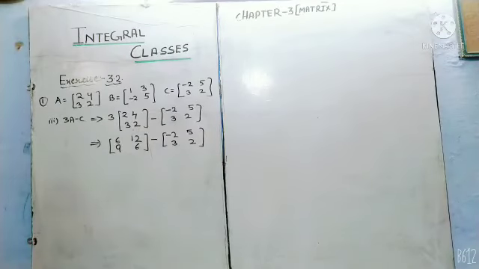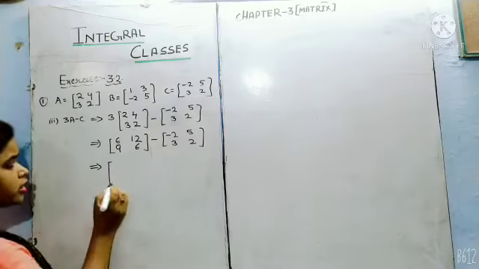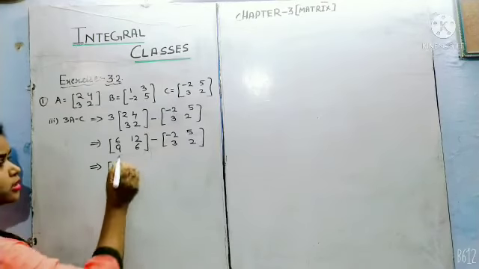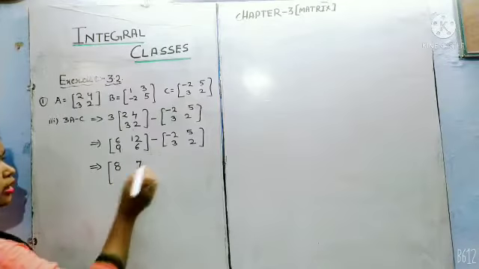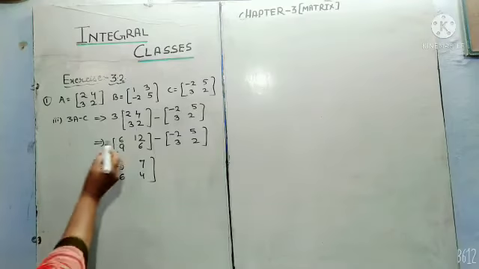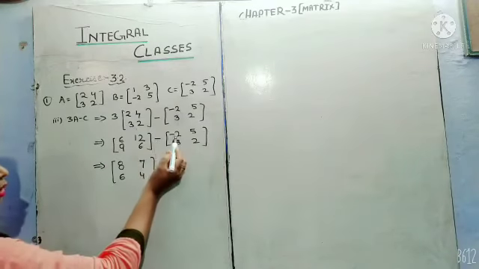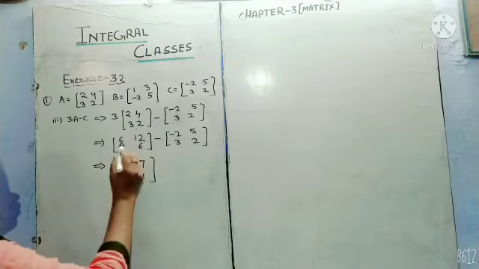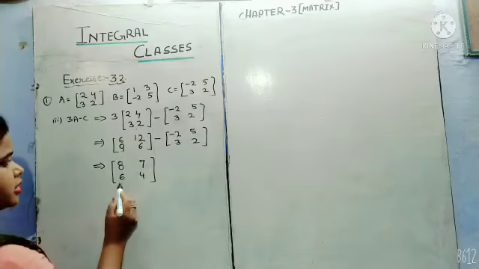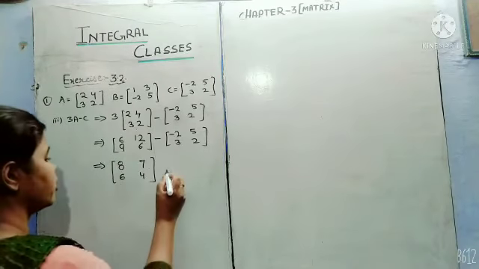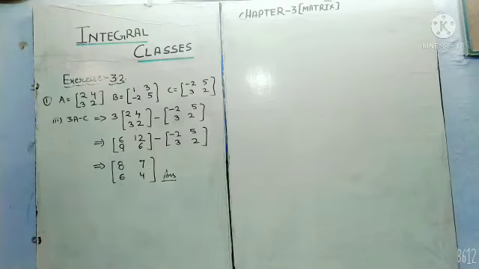Now we will subtract them. So how will we subtract? 6 minus minus 2, 6 plus 2 is 8, 12 minus 5 is 7, 9 minus 3 is 6, minus sign multiplied by minus 2 becomes positive. 6 plus 2 is 8, 12 minus 5 is 7, 9 minus 3 is 6 and 6 minus 2 is 4. It is the answer. So student, as you observe here, this exercise is very easy. We can do every question of this exercise without any difficulty.